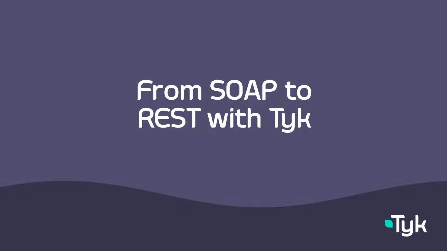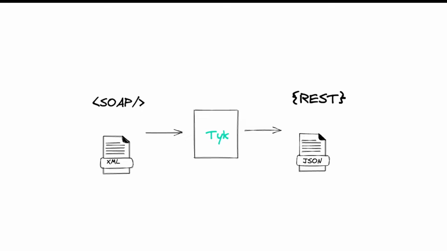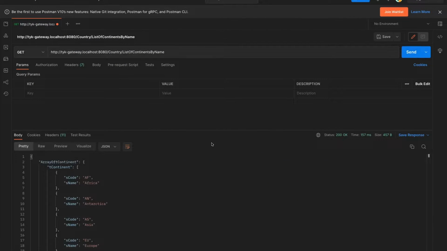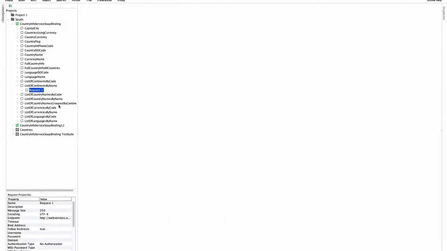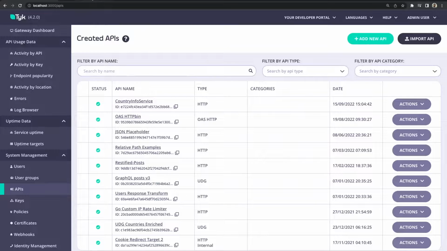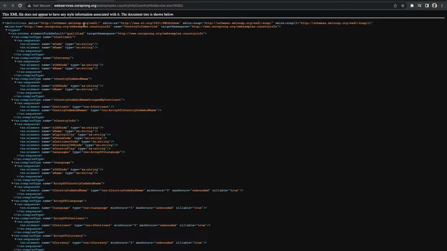SOAP to REST is something that our customers and prospects are always talking about. They would like users to be able to access their data via a REST request with a JSON body, while what they actually have is a SOAP request that gives the response in XML. Now, we do have a definition of those SOAP APIs, and what we'd like to do is import them